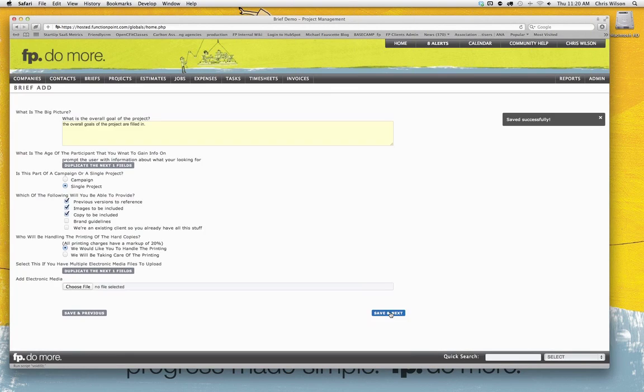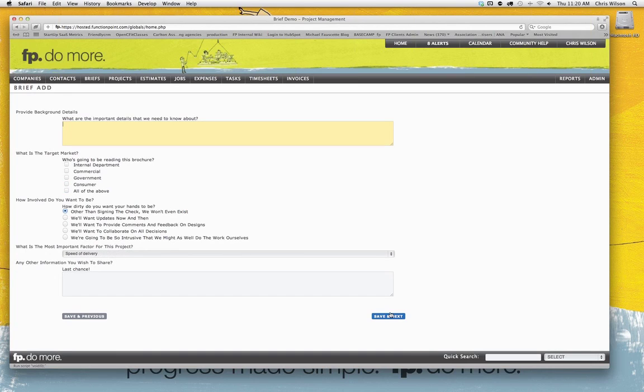Fundamentally, have the user fill this in, select Save and Next. The information gets saved into the database, and it drops us into the second of 2 potential pages that you can add to any one of your briefs. So the Function Point brief configuration area allows 2 unique pages to be presented. Often, the first page is more of a questionnaire, where the second page may be more of a brief or of a different type of data to the client. You have options to use both or one of them when you're configuring these, so really it can be configured to your requirements. Again, a required field,